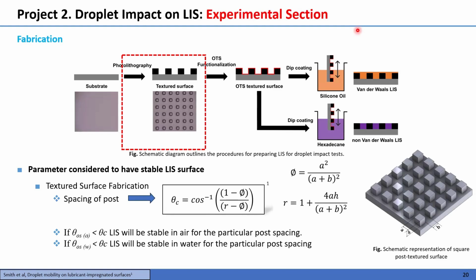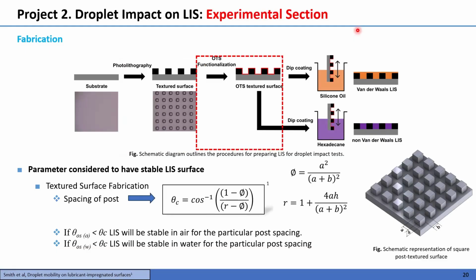critical contact angle, where theta c is the critical contact angle, and it depends purely upon the surface feature properties such as length, width, and post spacing, followed by the OTS functionalization and coating it with silicon oil and hexadecane. The coating speed or the withdrawal speed was calculated by using the capillary number. As you can see,